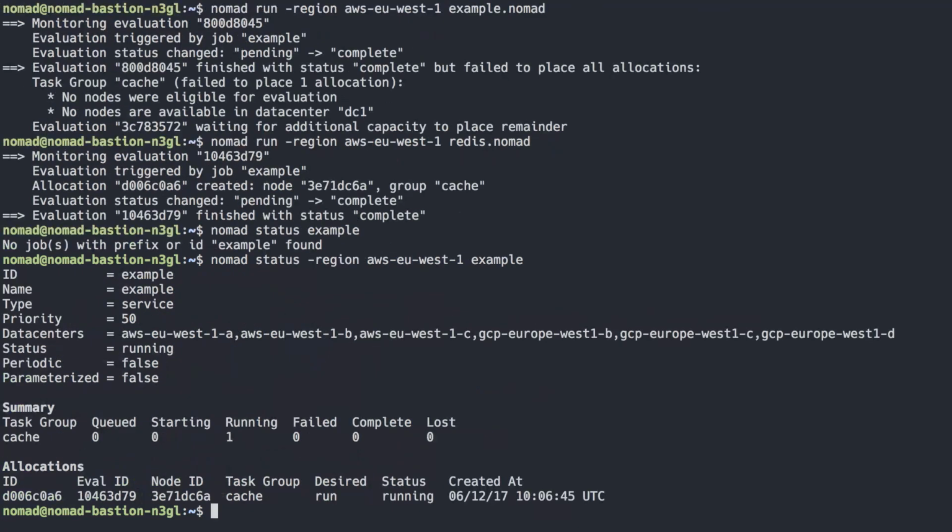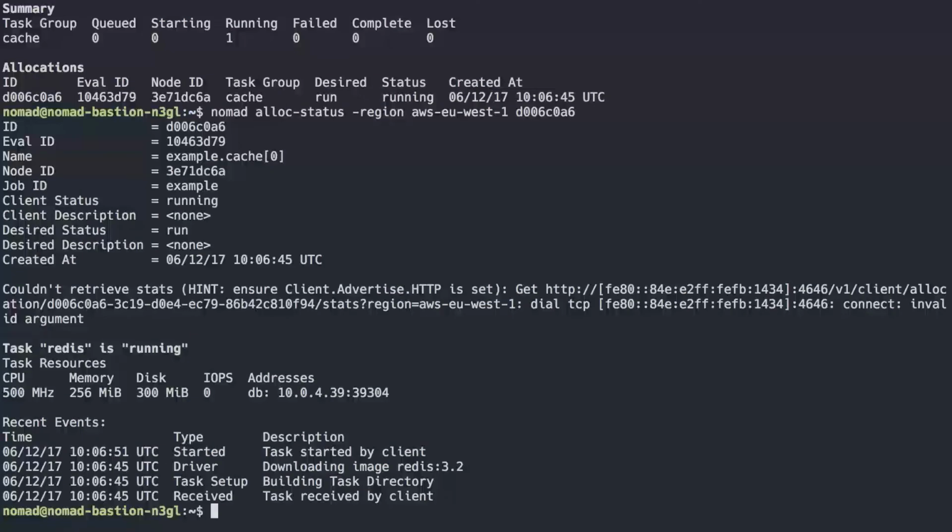So let's take a look at that, and there it is, and there's the alloc ID, and Nomad alloc status, region, and let's see if I can type this out correctly, AWS EU West 1. All right, and we can tell that, because it's got a 10.0.4, I know this is running in AWS now. So let's give that a telnet